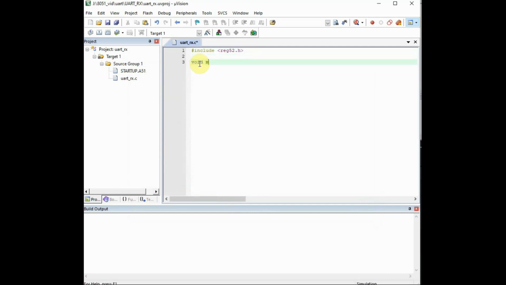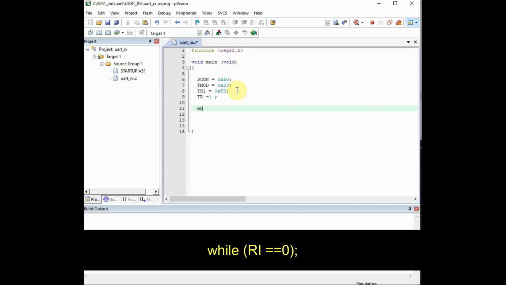Now for this receive code, you start a new session, new project, and under the void main void, we set the SCON register as 0x50, TMOD as 0x20, same as what we did for the transmission, and TH1 is loaded with 0xFD. This is for 9600 baud, and then TR1, that is timer 1, is enabled to run,